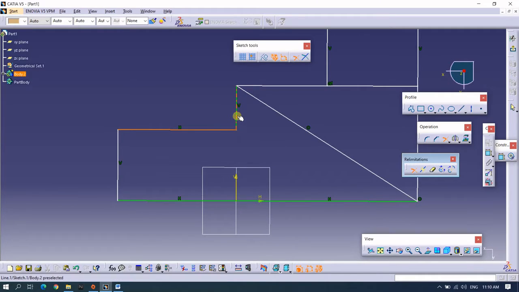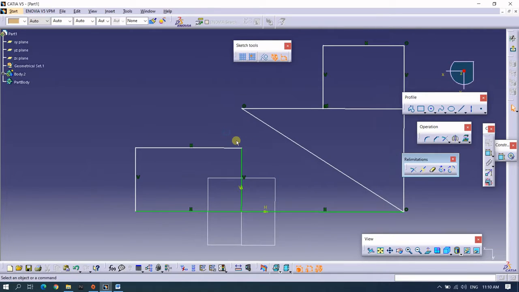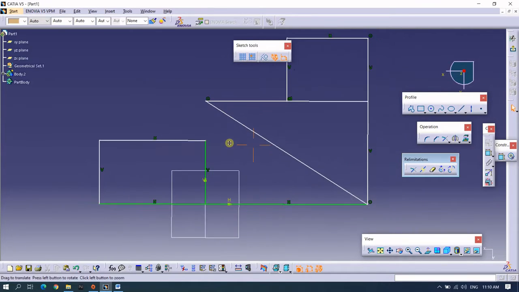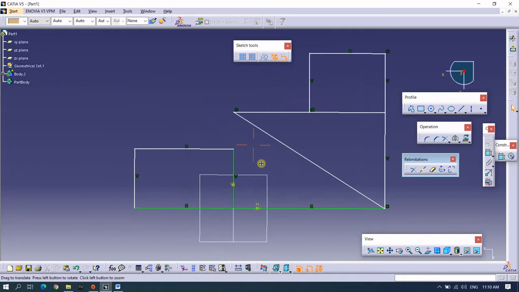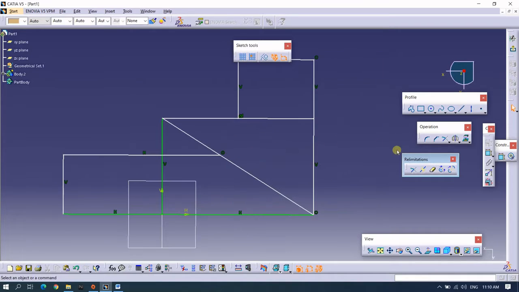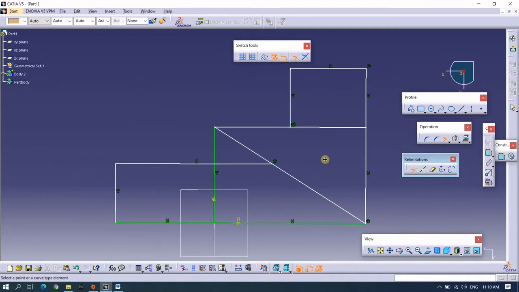So as you can see, firstly I had selected the upper part, now I'm selecting the downward part of the line, and yes, I have clicked, and now you can see both the extended lines, first as well as the second, have got trimmed. Yes, now you will observe some difference in the second tool.